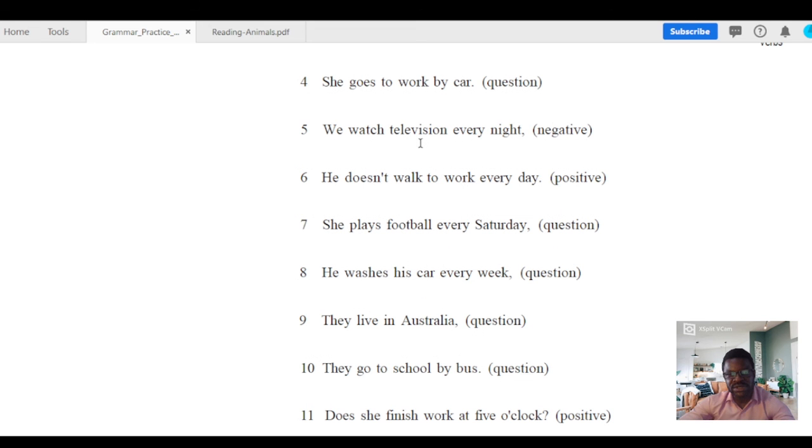We watch television every night. Change to negative. We don't watch television every night. He doesn't walk to work every day. Change to what? Positive sentence. He